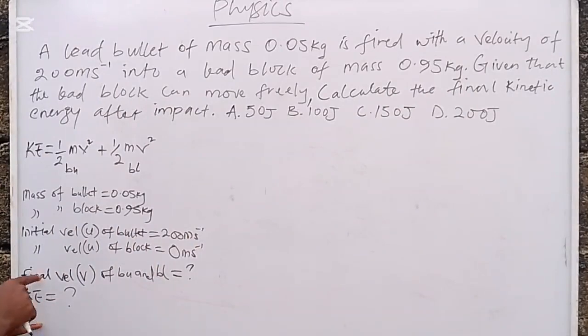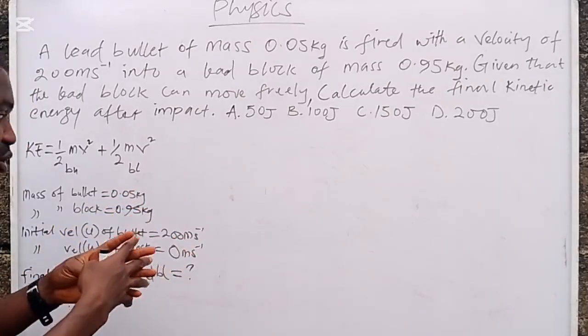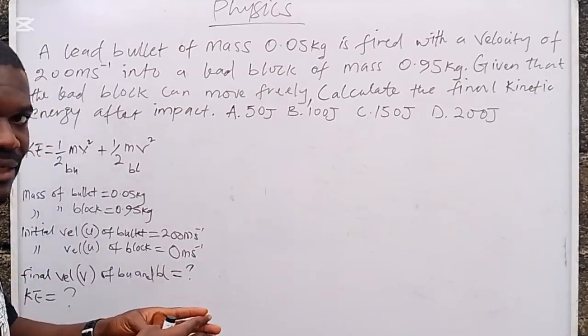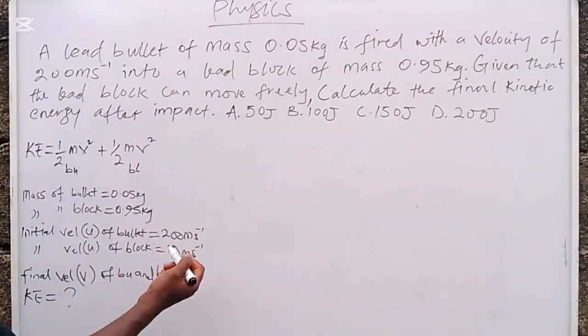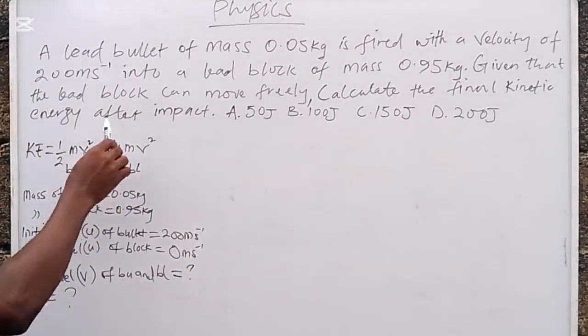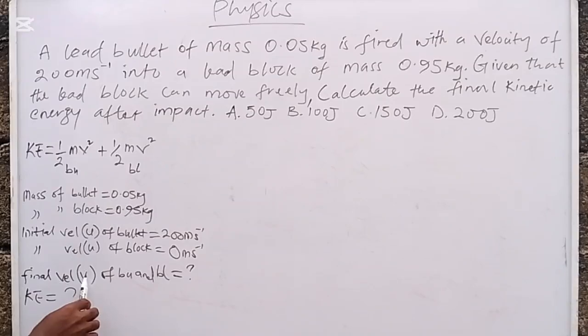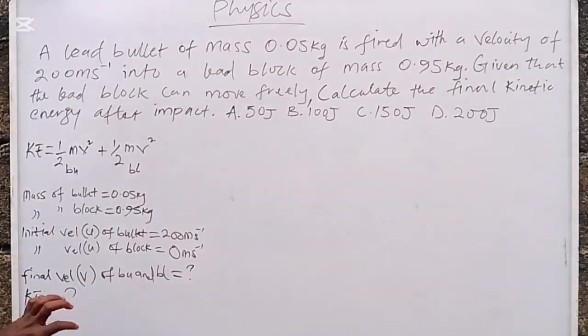But then we need the value for the final velocity of both bullet and block after the impact, because after impact both of them will have to move, right? That velocity of movement is not given here, and we cannot find the final kinetic energy after impact if we do not know this value of final velocity of both bullet and block. So to determine the velocity of both bullet and block after impact, we need to use